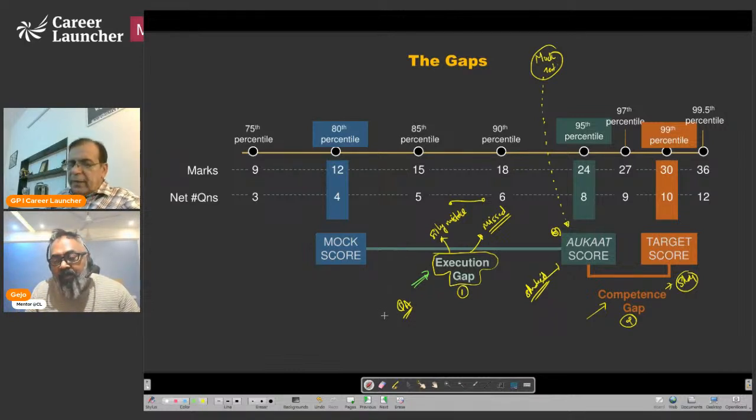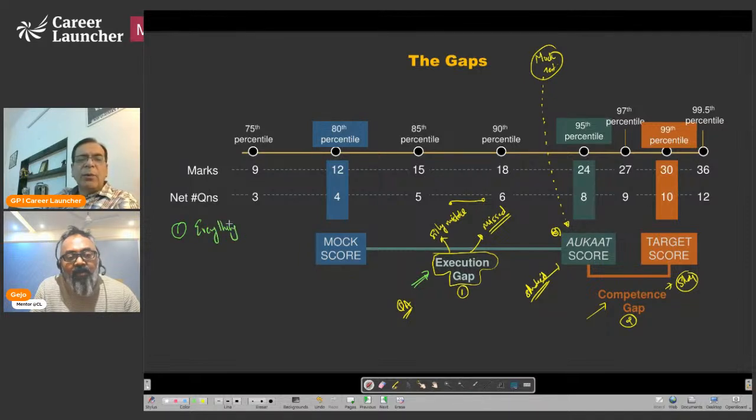Okay, if you look at the various kinds of execution issues, I would start by saying the first is that I want to attempt every question that comes my way. When logically you should not be attempting difficult questions, you should be leaving them, and attempting the easy questions. Now, when you try to attempt every question that comes your way, suddenly you find you are not able to solve lots of them